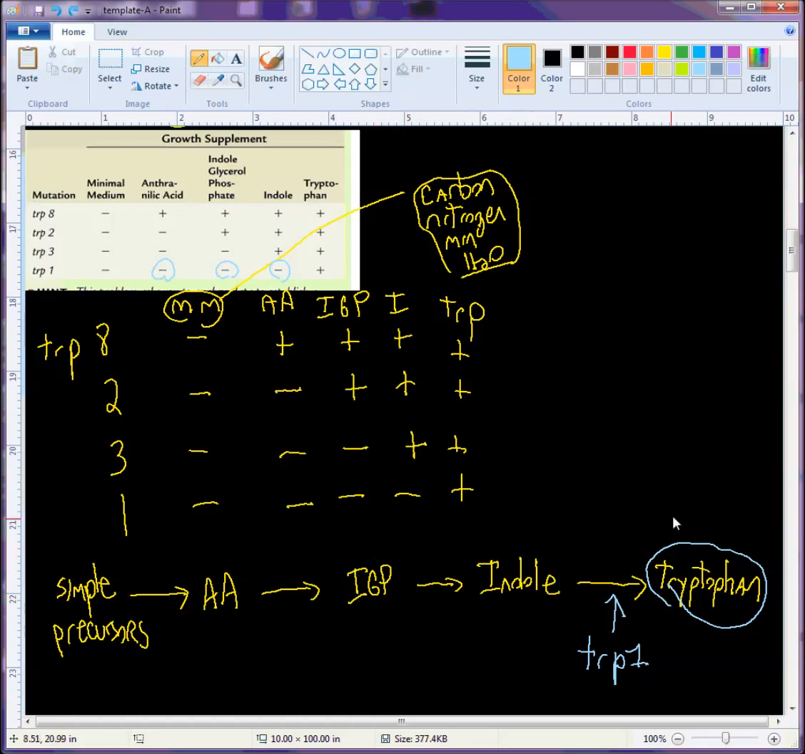It needs this one because we can give it tryptophan and it lives. So these are just intermediate chemicals that are slowly working their way up to becoming tryptophan. Okay, so far our pathway looks good. TRP1 goes right there. Okay, so what about